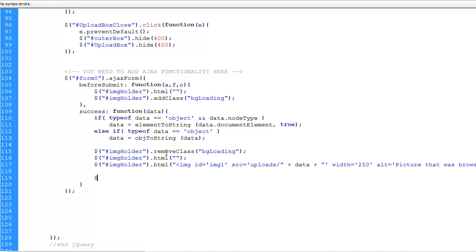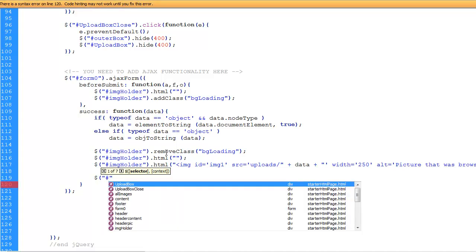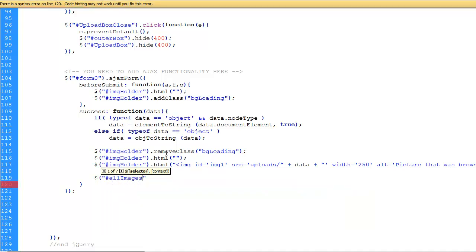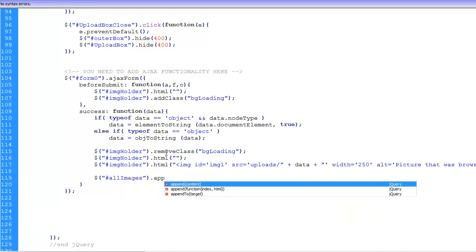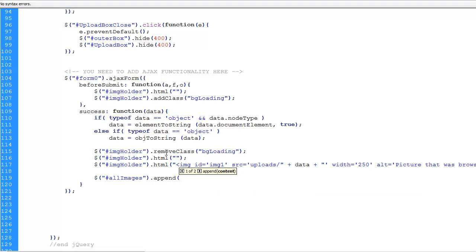So that one's called all images, and again I'll do a pound sign so that we get the ID of that element. And I'm going to use append this time rather than .html because I want to keep everything that's in there. So I'll use an append statement,